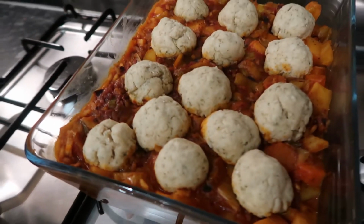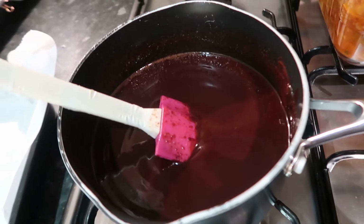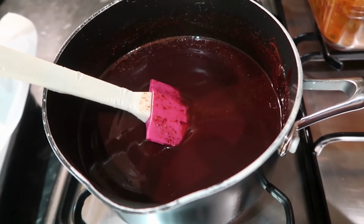So it's a little bit later on. I still haven't put the dish in the oven, but I've decided for a bit of a sweet treat, because I think what we're going to do is watch a Christmas film. I've decided to make Rocky Road, so I've just melted some dark chocolate in there with butter and maple syrup or golden syrup,